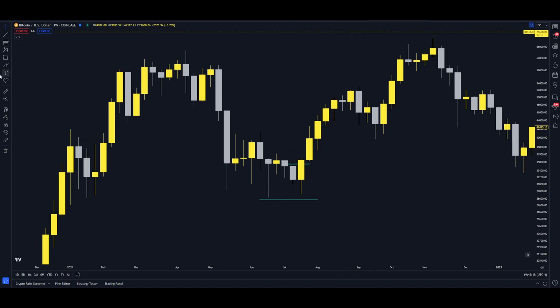So how would you play this, right? Also notice how we have not had one of these during this entire move down from $58,000 Bitcoin to 30,000, right? The high of this bearish candle never gets closed above. The high of this one never gets closed above. The high of this bearish candle never gets closed above. This one tries to,